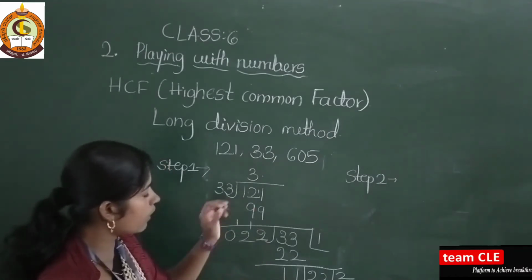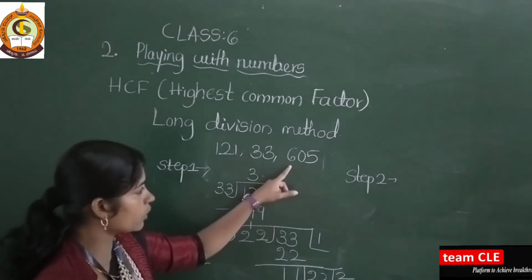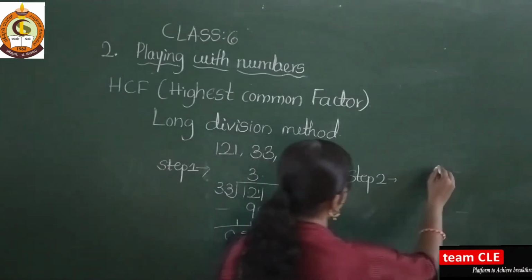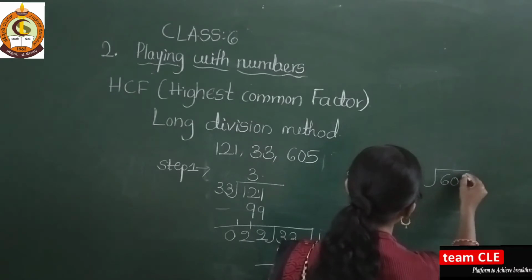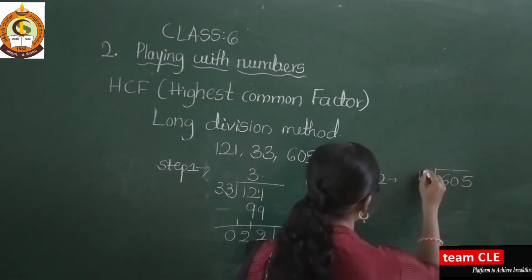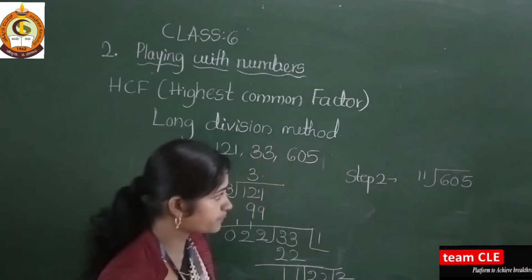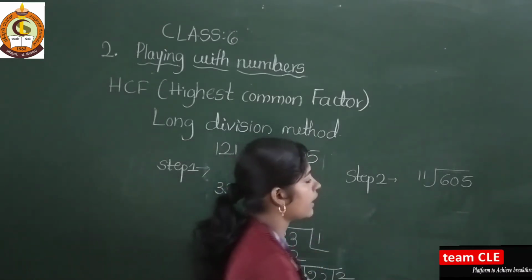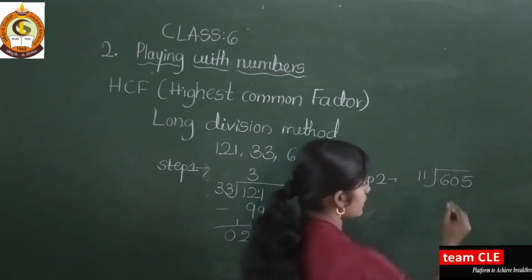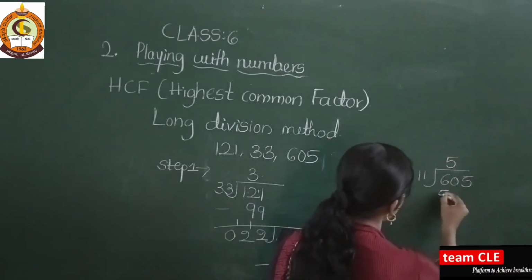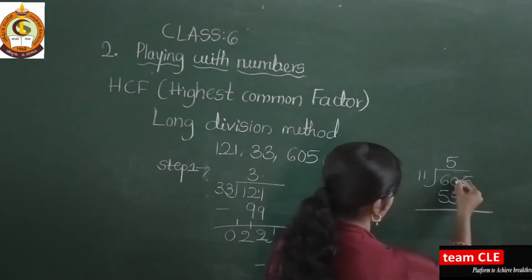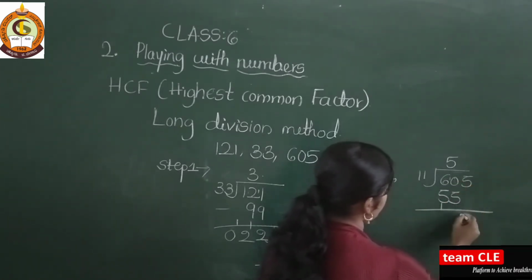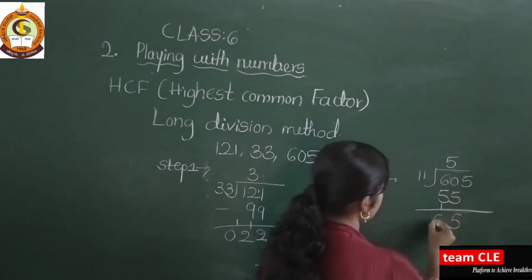So next what we need to do here: the remaining number is 605. You divide this with 11. So take here 605 divided by 11. Okay, so tell me here what will come? 6 is smaller, so I need to take 60, and 11 6s are 66. So I will take here 11 5s are 55. So here 0 minus 5 is not possible, take carry, it becomes 10. 10 minus 5 is 5 and 6 minus 6 is 0.